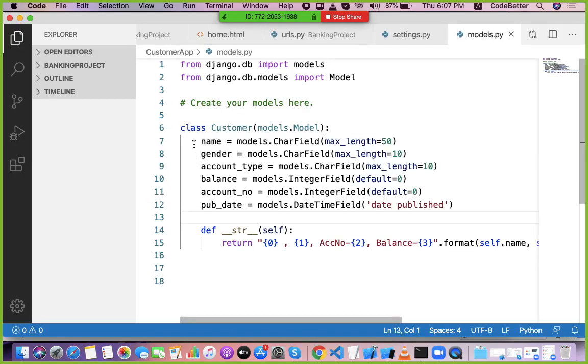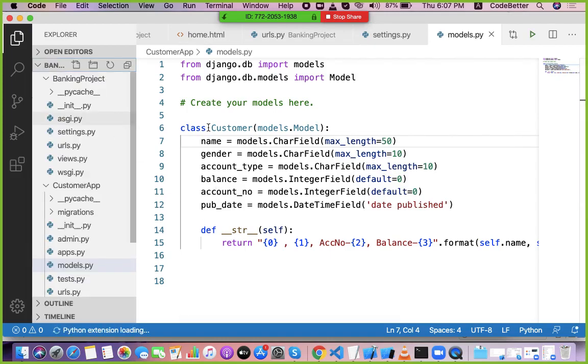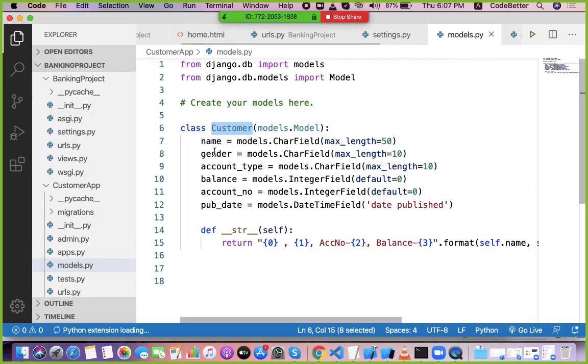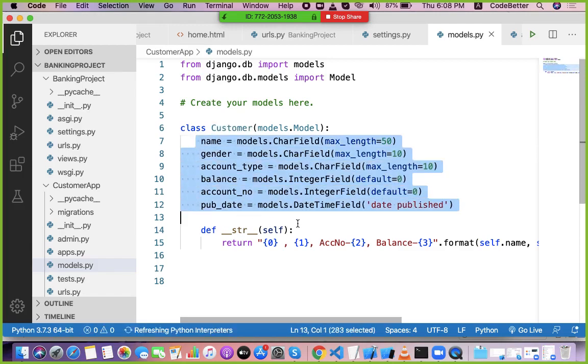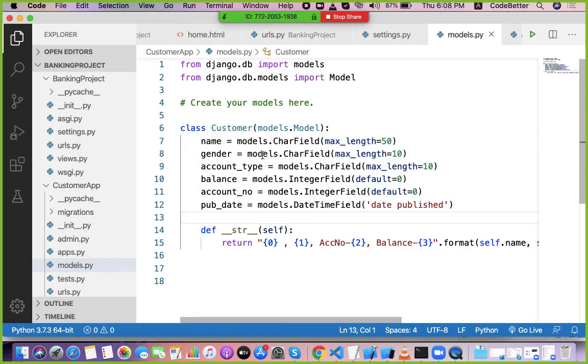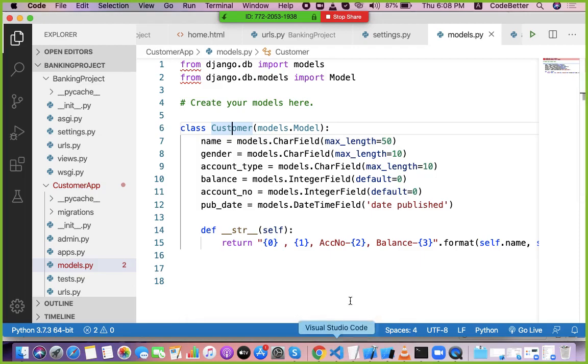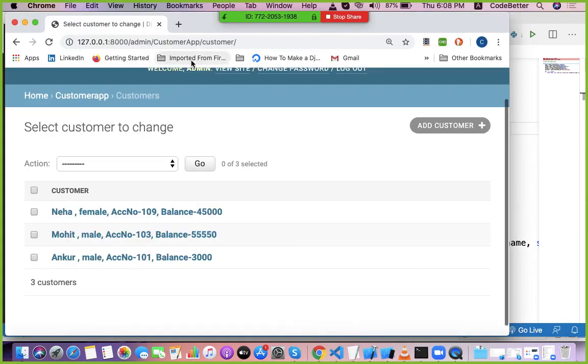We have created one model in the banking project, customer app, with customer name, gender, account type, and all this data. Three records of this customer model were added through the admin panel.